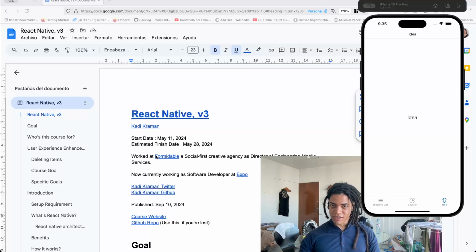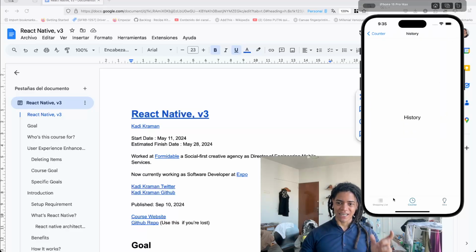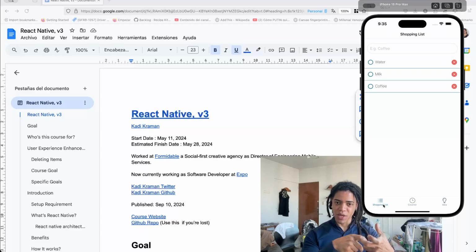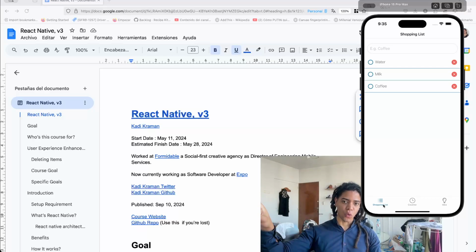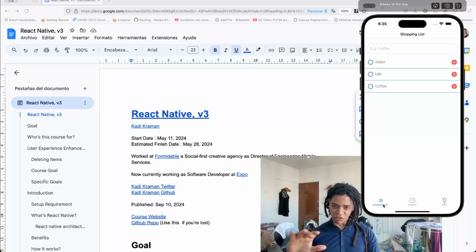Right now, as you can see here in this mobile phone, we have the tab navigation, right? And inside of this, we have the stack navigation. And how can we now create this stack navigation? And how does this navigation mechanism work behind the scenes? This is something that we're going to describe in the other courses, specifically the intermediate React Native, as a